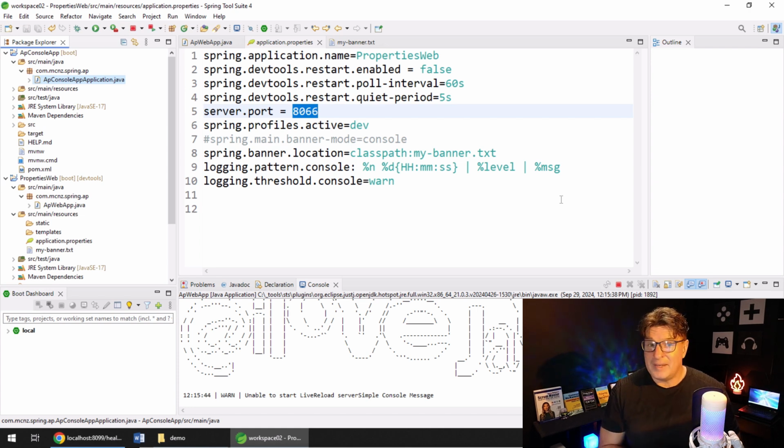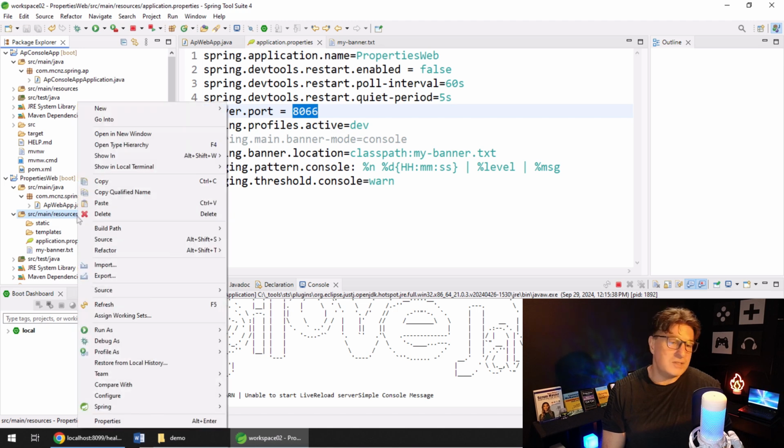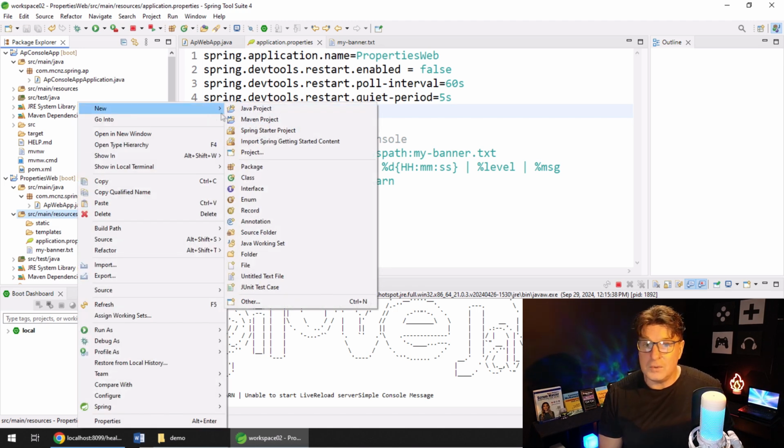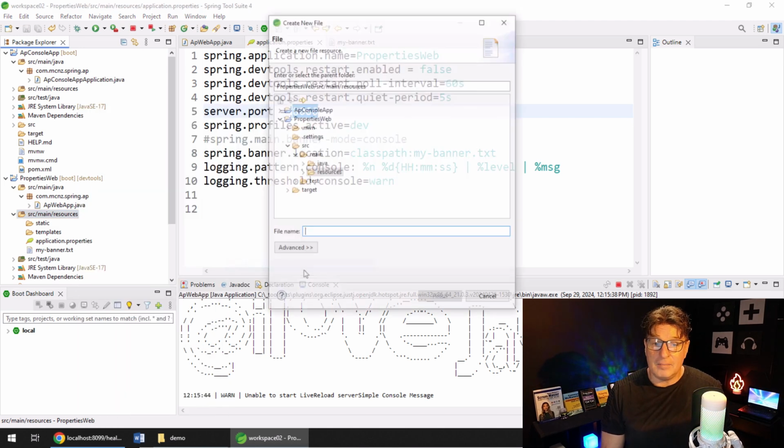Now, one of the other things about application properties is it's kind of getting usurped by application.yaml. So one of the things that we can now do with our Spring Boot applications, and if you're creating a brand new Spring application, it behooves you,